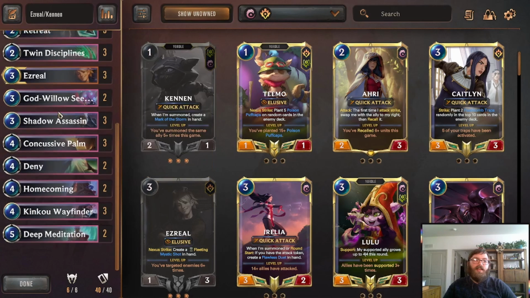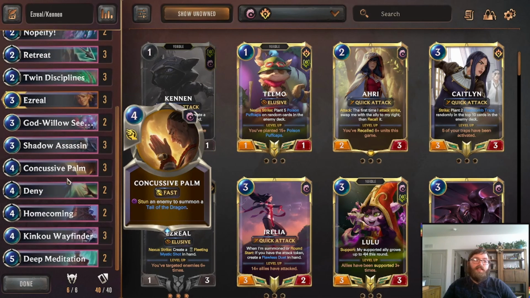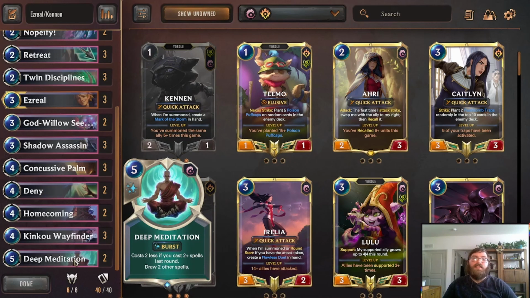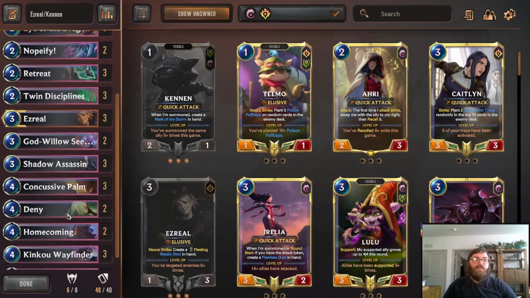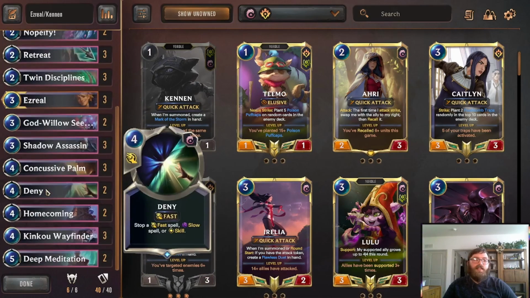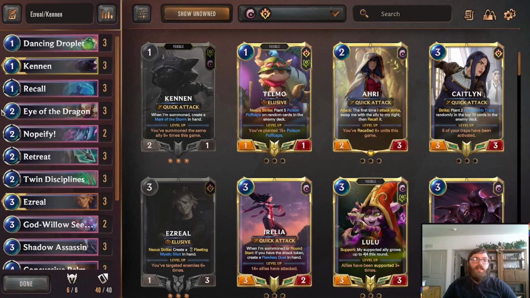It doesn't let you level the Eye of the Dragon up, or meet the condition rather. So I find it to be a little bit awkward to have as a 3 of. I like having it as a 2 of. And of course, if you play this deck yourself, I'll link the deck code in the description, and feel free